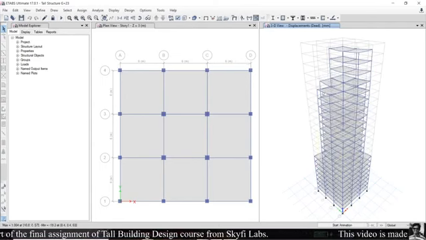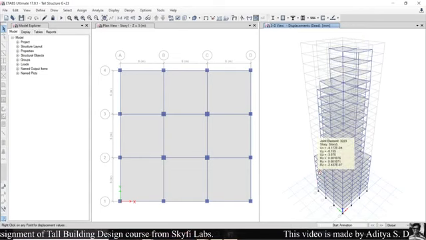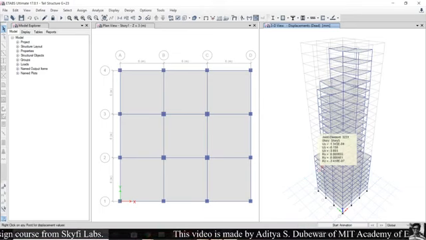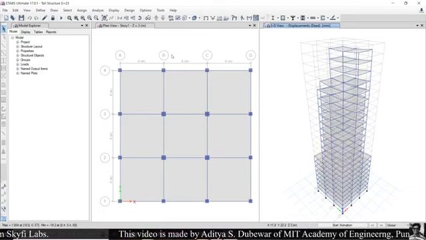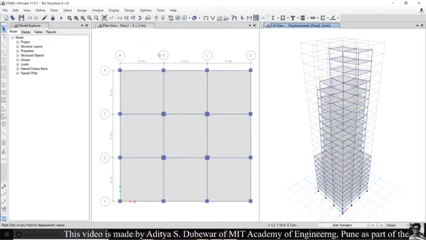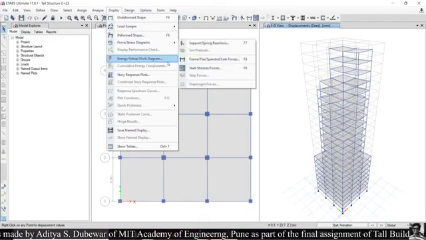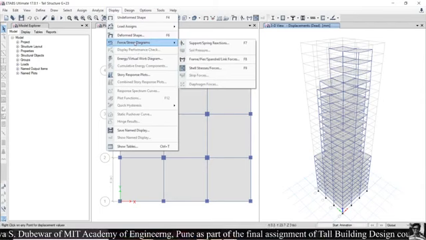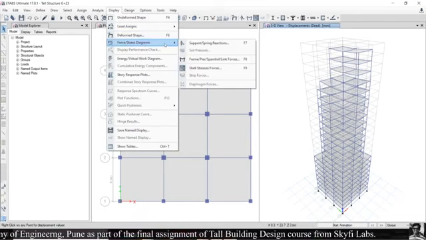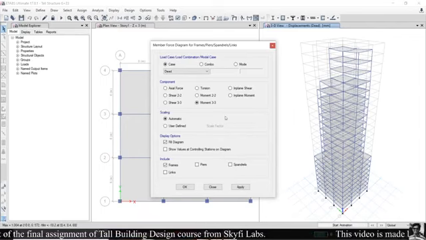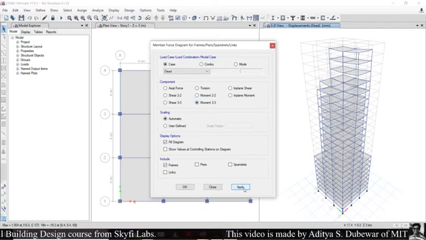After analyzing, we can see the deformed shape of the building, showing the action of the assigned load on it. We can visualize many options from the display menu, such as shear force and bending moment in the structure. For that, select the force slash stress diagram, then select frame forces. For seeing the bending moment in the structure, select the moment M33 and apply.